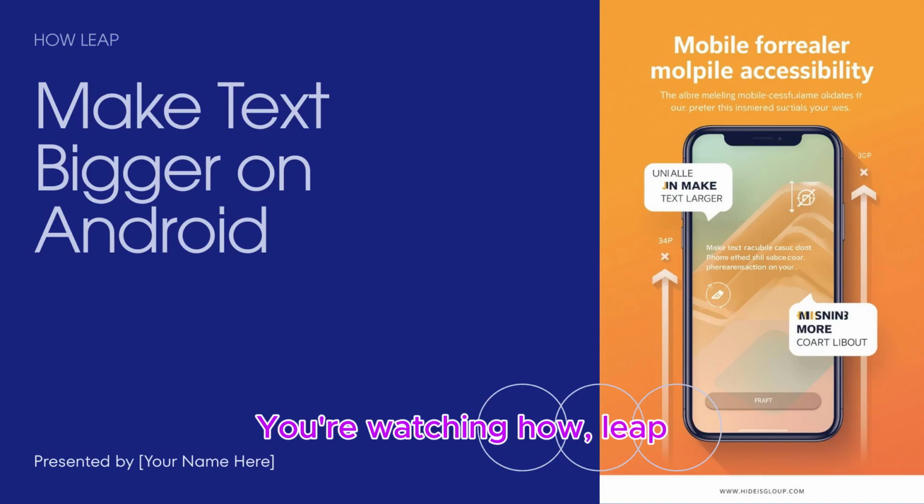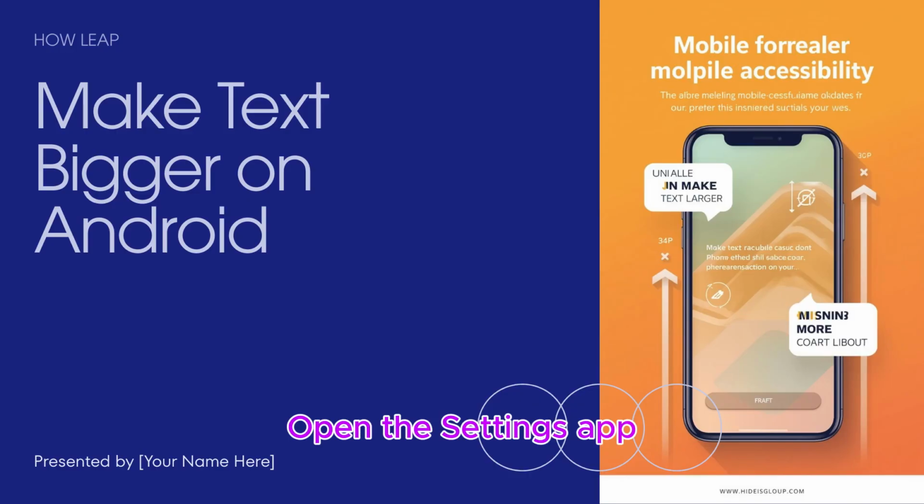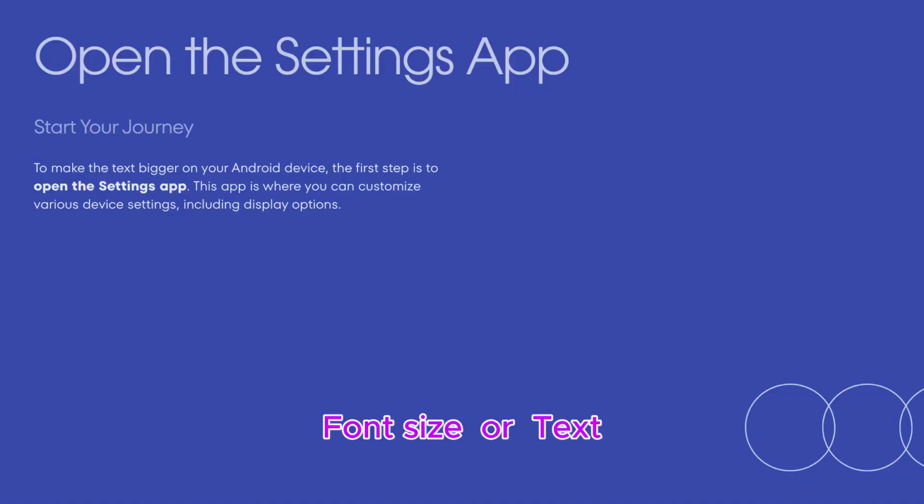You're watching How Leap. Let's make the text bigger on Android. Open the Settings app, tap Display or Accessibility, tap Font Size or Text Size, adjust the slider to make the